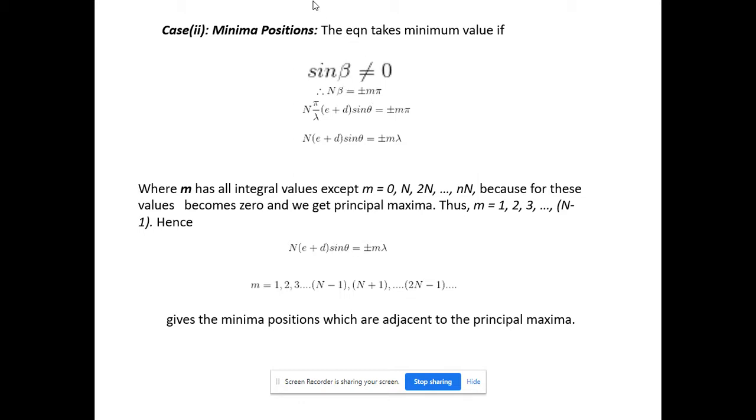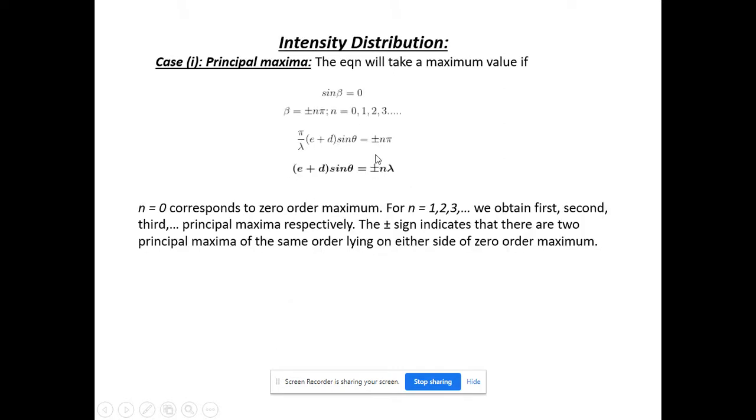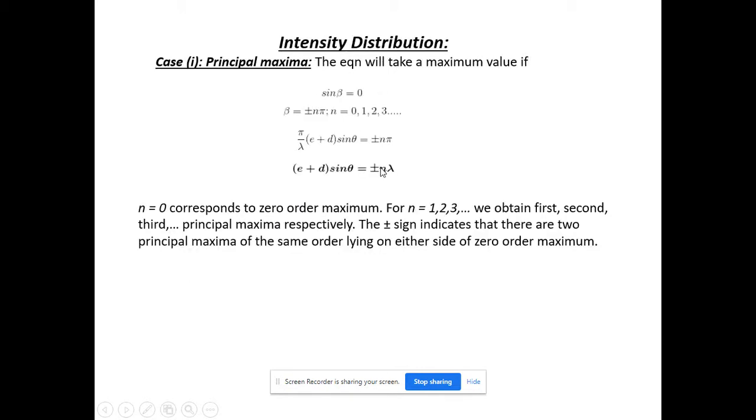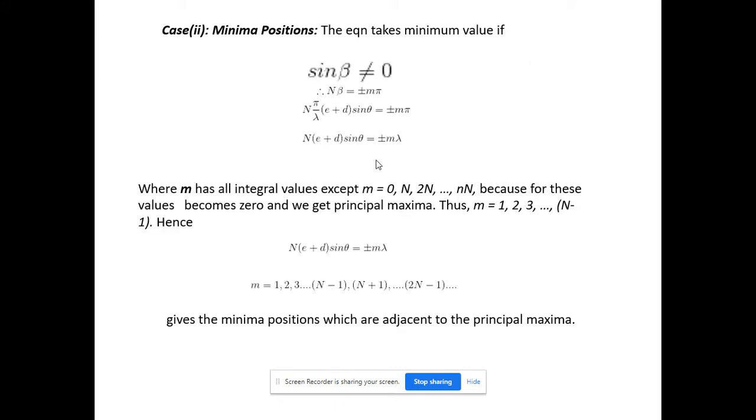So I put the value of beta, pi by lambda into (e plus b) sine theta, equal to plus minus m. This is the equation for minima. Similarly, this was the equation (e plus d) sine theta equal to plus minus L. This was the equation for principal maxima. Here m has all the integer values, and similarly there N is also an integer. Definitely both will not be the same, because suppose I put